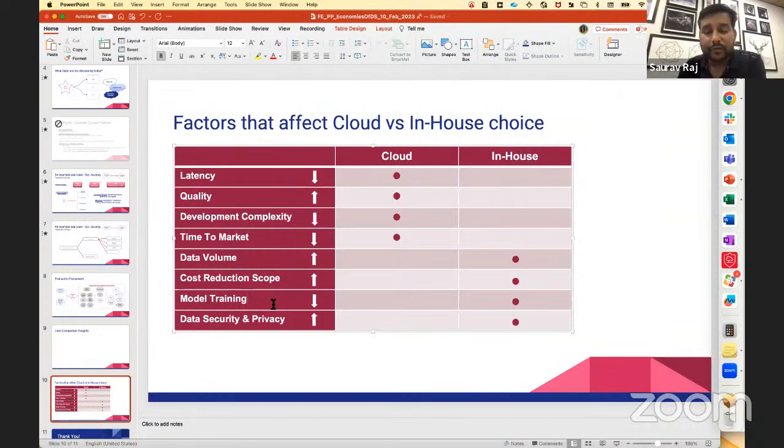So even the cloud providers provide you the way to bring your custom model or to train the model on your custom data set, but then they charge more. In fact, they charge 4 times the current rates. The normal text translation is $20 per million characters, but with a custom model, it comes to $80